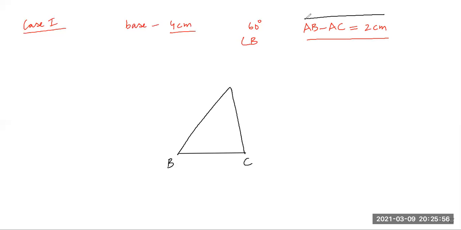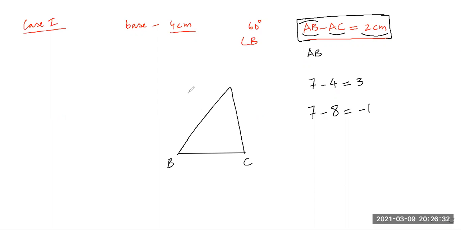Now, from this statement, if I see this carefully, I get to know that AB is bigger. Why? Because if I subtract 4 from 7, I will get a positive number 3. If I subtract a bigger number from 7, I will never get a positive number. I will get a negative number. So AB is bigger, obviously, because AC is a positive length, and when subtracted from AB it is still giving me a positive value. That means AB is bigger.